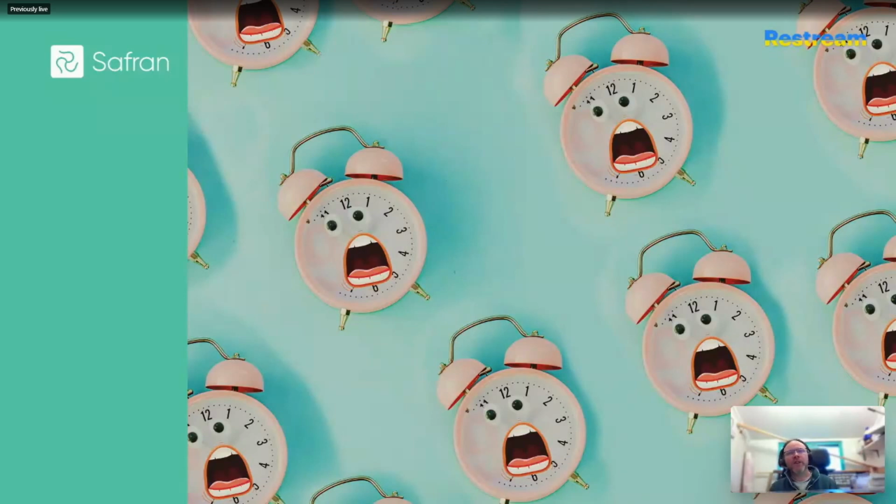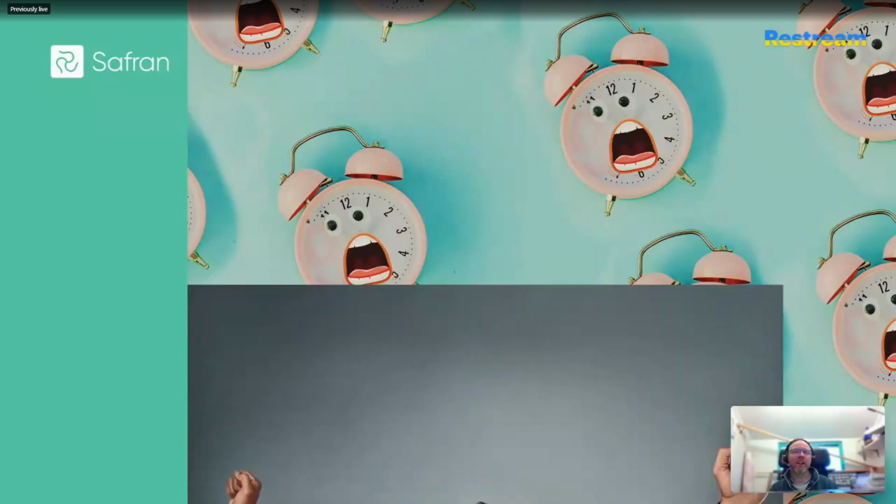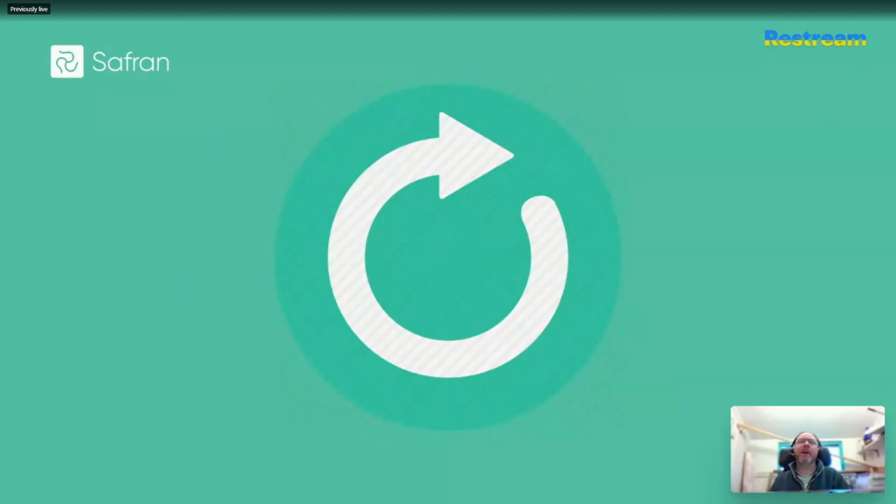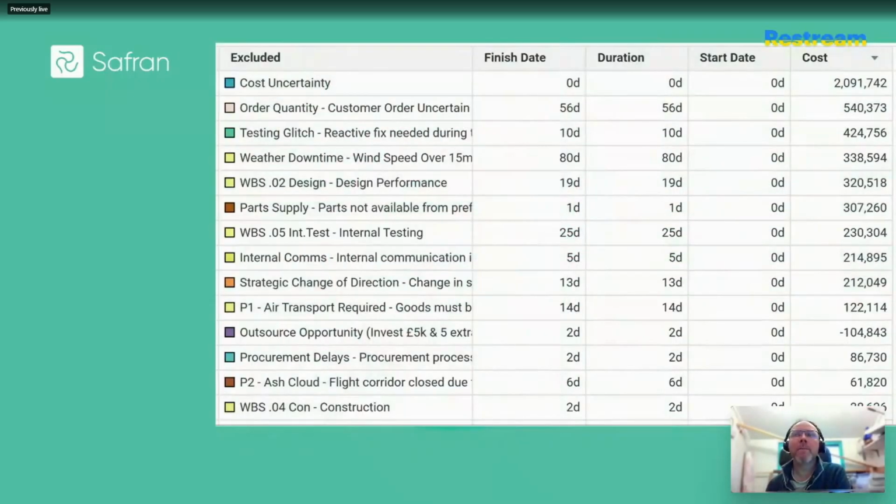So when I first saw Safran Risk's automated sensitivity analysis about 4 or so years ago, you can imagine the impact it made on me when I was spending weeks on that kind of thing. So let me be clear about what Safran's approach to sensitivity analysis is actually doing. It is literally rerunning the simulation one additional time for each risk present within the risk model. But it's going to exclude one risk at a time, so it can measure the delta and report this back to you at your desired confidence level. So P75, P80, P50, whatever you want.